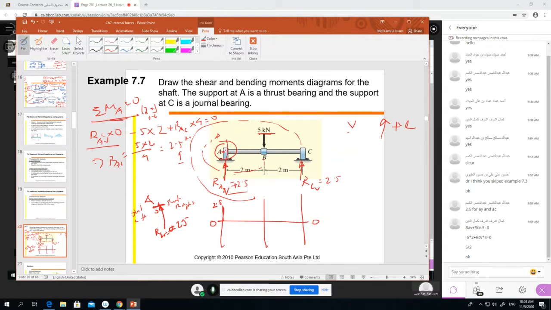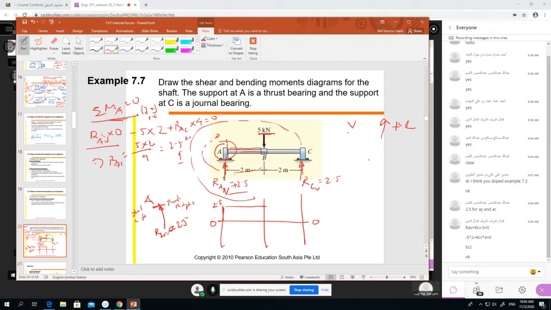Okay, then from here we walk. As an example, you are walking. There is no force, so you can walk straight away. Just on the left side of point B, you are still walking. So just as you cross B and come to the right side,